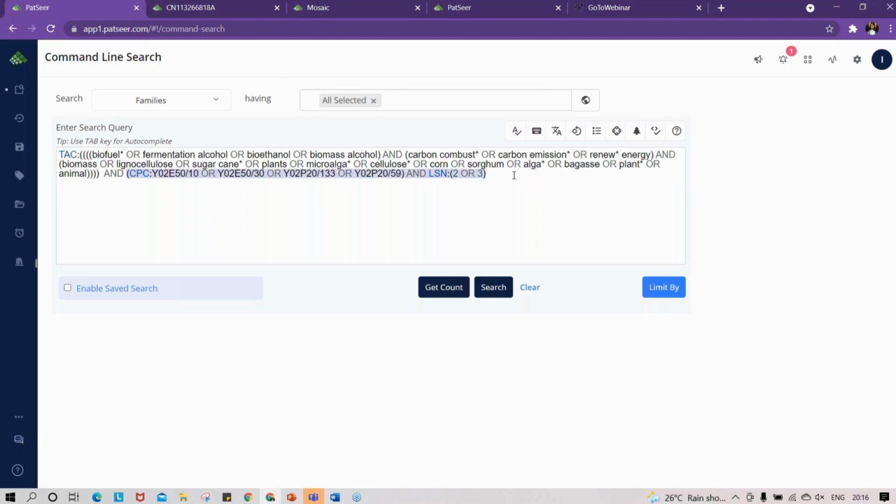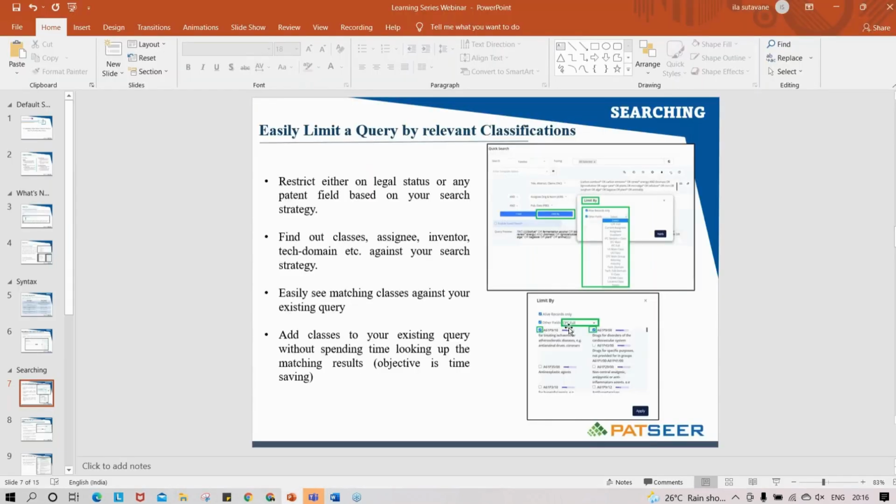So the keywords were already present. I had already added them, but now as you can see, it has also added the classes that I had selected along with the legal status. So this is how you can make use of the limit by option. Next,